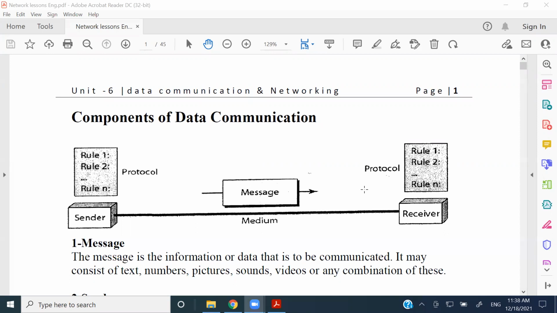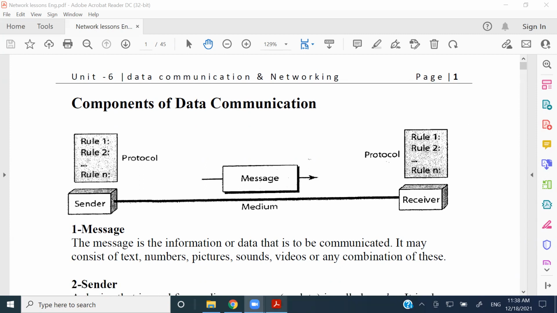Then we slowly move into networks, how a network is created and how the data communication inside a network is happening, right? As the very first thing inside this lesson, we are talking about the components of data communication, right? So let me illustrate it to you and then you will realize how things are going to happen